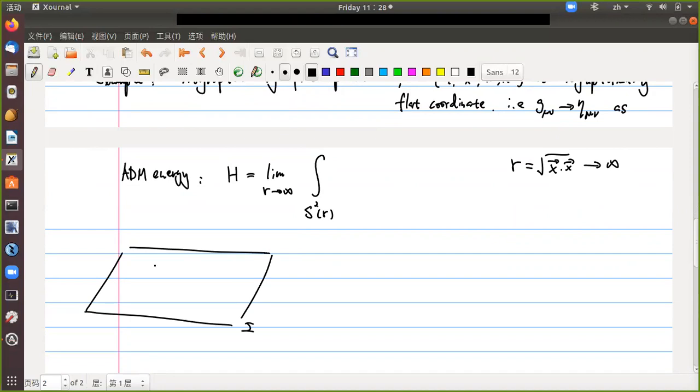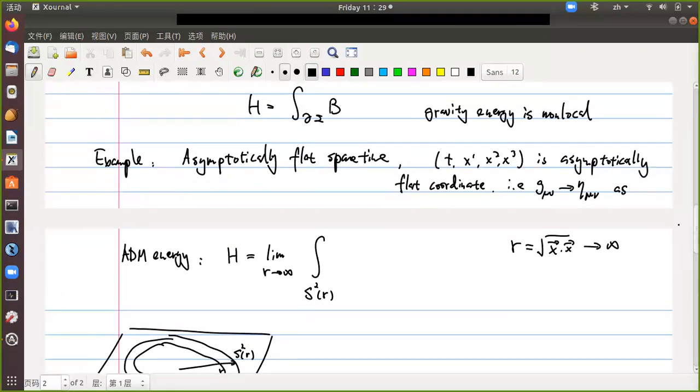Infinity is your boundary, and then you just draw two-spheres S2 with a certain radius r. You can draw different spheres with different radii, and in this formula you are integrating over these two-spheres. And the integrand is the following: